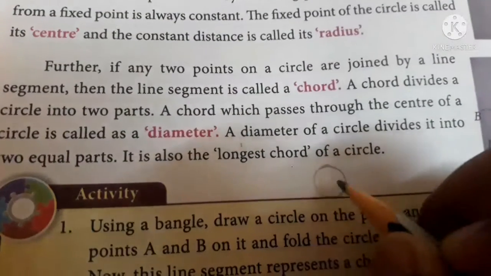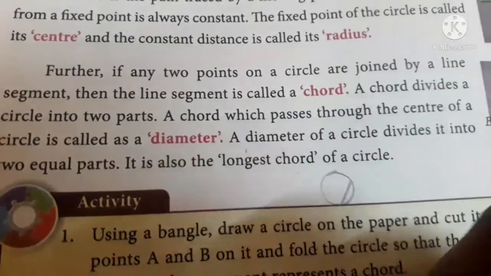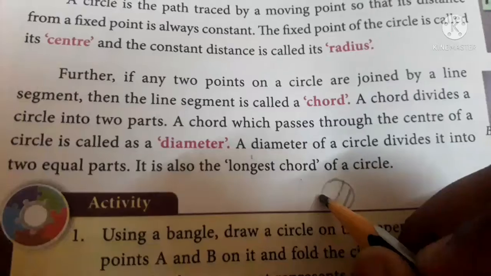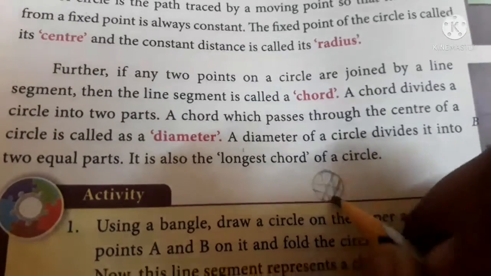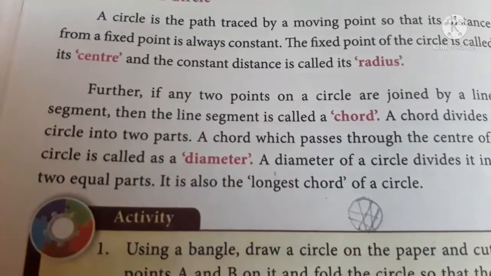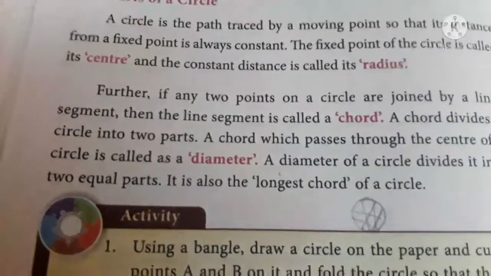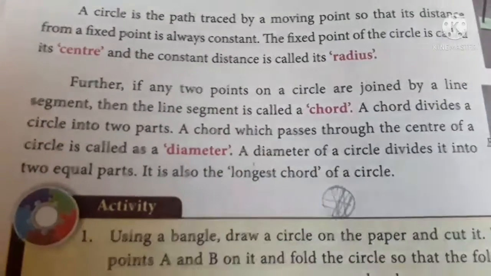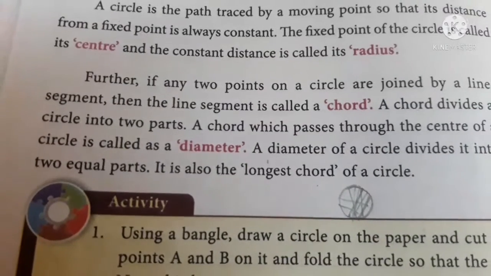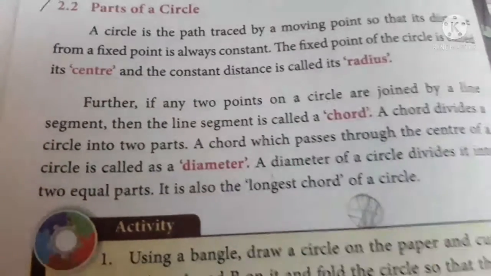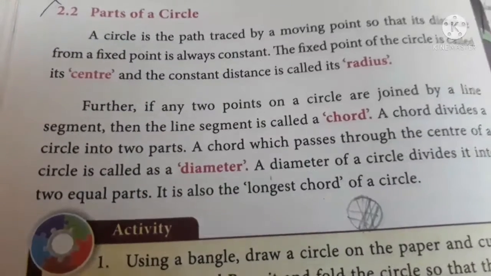and center is the middle point, right? So chord is nothing but the distance between any point and any point in a circle other than the diameter. When you draw lines like this, other than the diameter, you can call it a chord of a circle. It should not be the diameter, because a circle will have so many diameters like this, like this, like this, but the length of it will not change, right? So the diameter will always have the same length, and chords will have different lengths. So there is a difference between chord and diameter. You should understand that first.